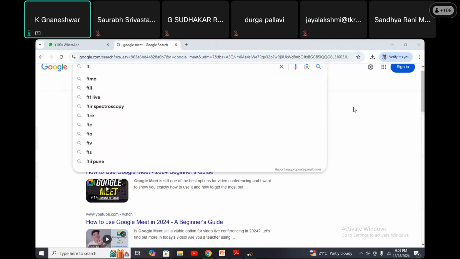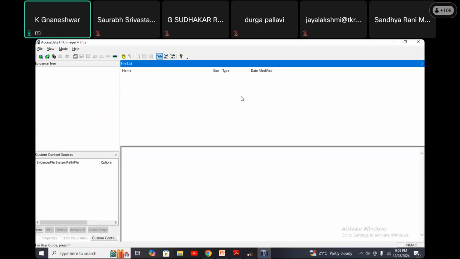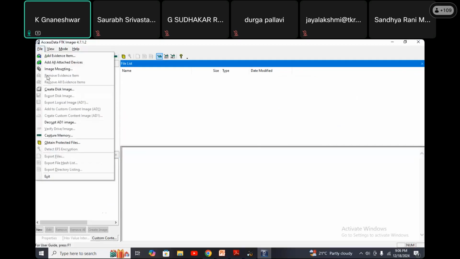It is opening. Yeah, this is the front view, the first page of the FTK Imager tool. Now I want to create one duplicate of the data. For that purpose, select the File option, and one option is there, Create Disk Image. One total disk I want to create.